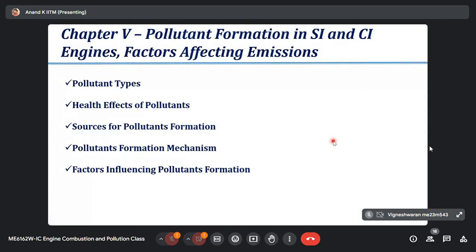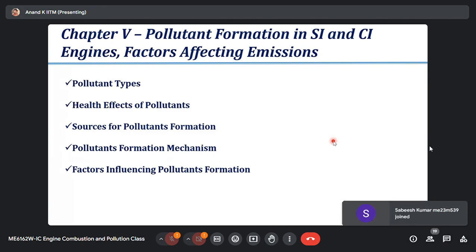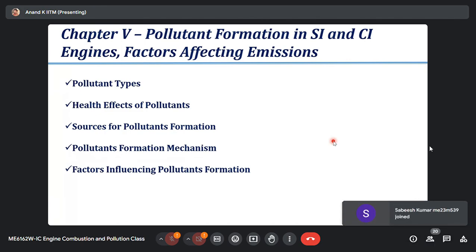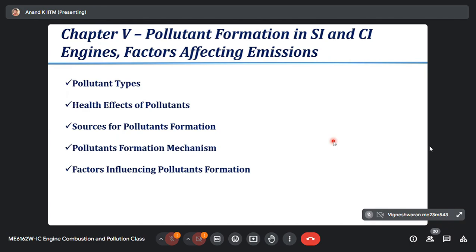And welcome back. I hope you would have done your quiz 2 much better than quiz 1. Yes, sir. That is what we are trying. Okay, are there any questions related to quiz 2? I will take a week's time to correct and send the answers to you. For those who have taken it online, and for in-person students, you can collect the answer scripts when you are visiting IITM. Yes, sir.